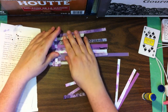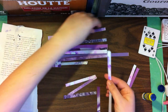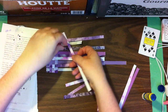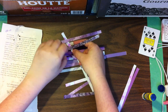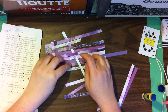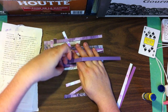Okay, let's see, what else would we like? Maybe some painty papers. This one goes under, over, under, over, under, this one, and under the last